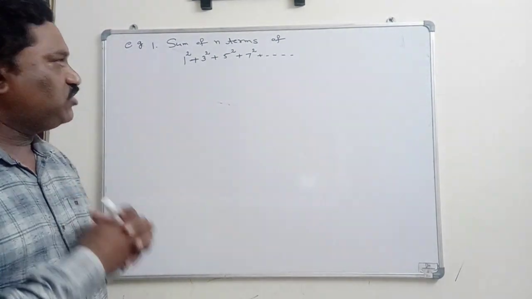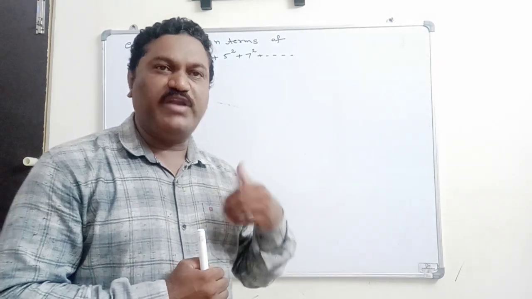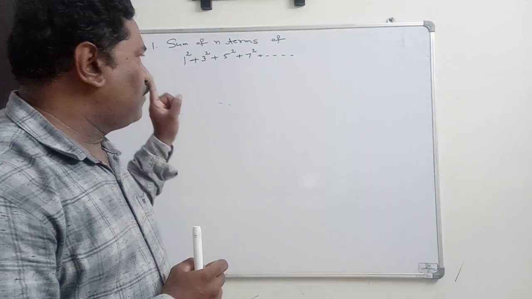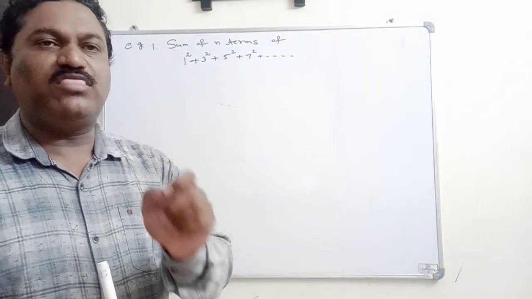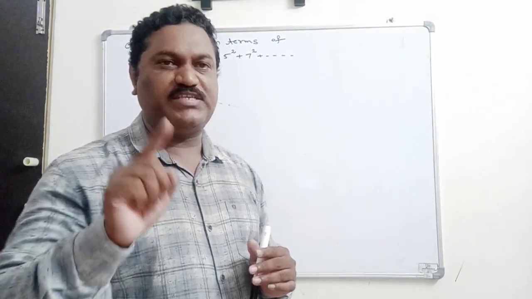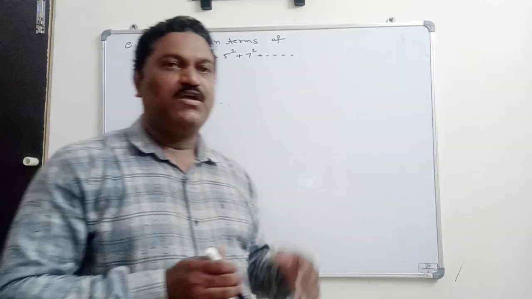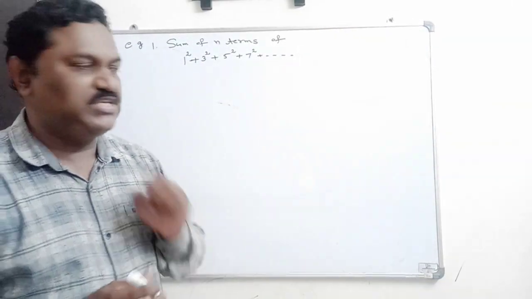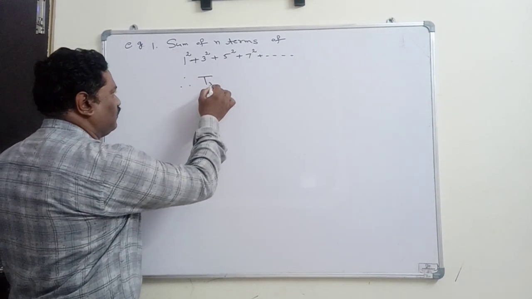For solving such problems, for some special series, to find their summation, the procedure is that first by observing the first 3 or 4 given terms, we have to write the nth term of the series. For that nth term, if we apply the sigma, then we will get the sum of the n terms of the series. So first by observing these given terms, we will write the nth term of the sequence. First we write the nth term, that is called Tn.